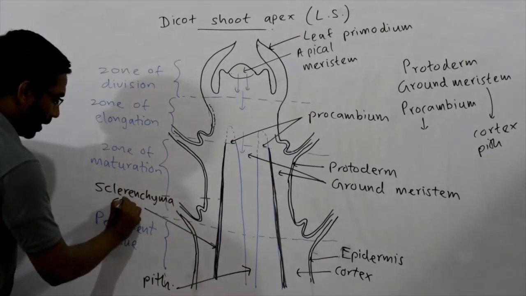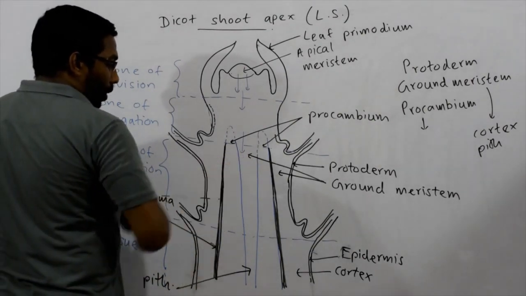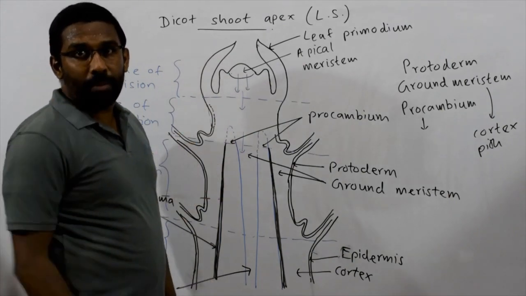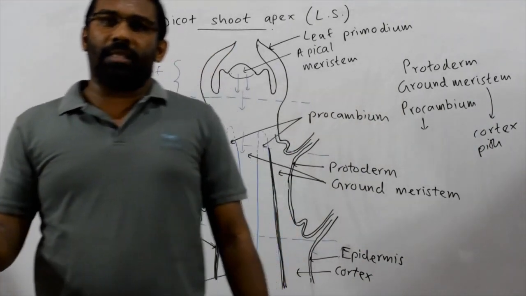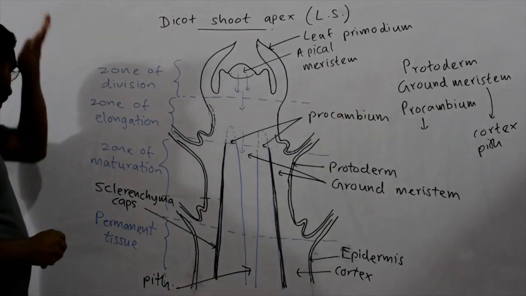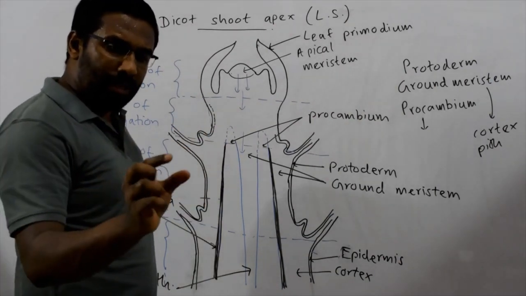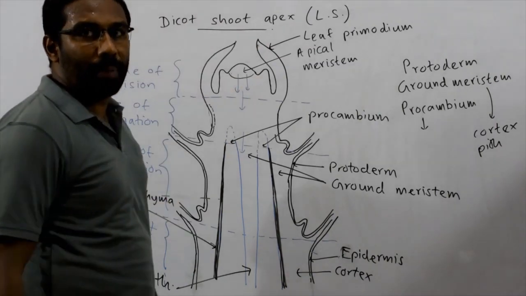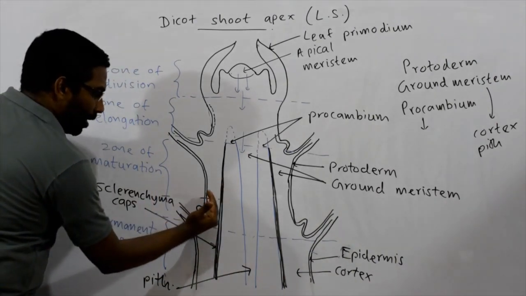These are sclerenchyma caps. Okay, then the regions in the middle of the procambial strand differentiate and produce primary xylem, primary phloem, and in between them intrafascicular cambium. Now recall the locations of protoxylem and metaxylem in primary xylem, and also protophloem and metaphloem in the primary phloem. If you consider primary xylem, think about a single vascular bundle. In a single vascular bundle, primary xylem is located more medially. Primary phloem is located towards the periphery. Here this is the middle of the stem, that means the medial side. Comparatively, this is the peripheral side.